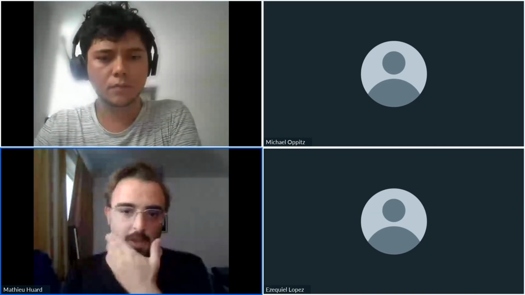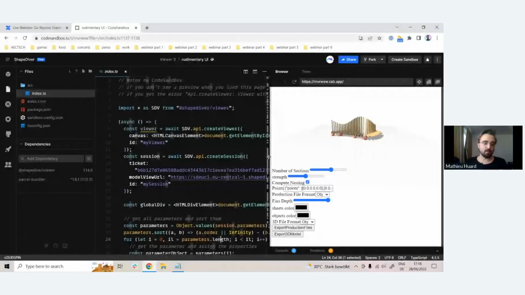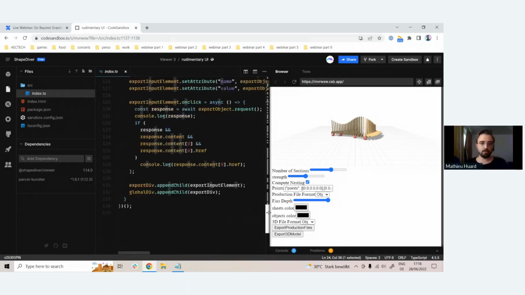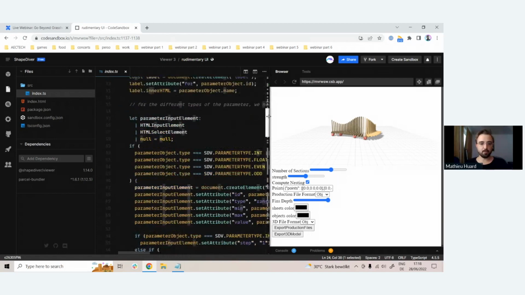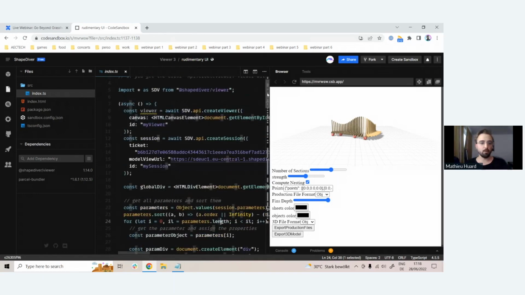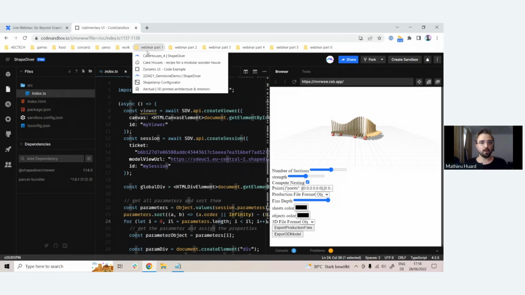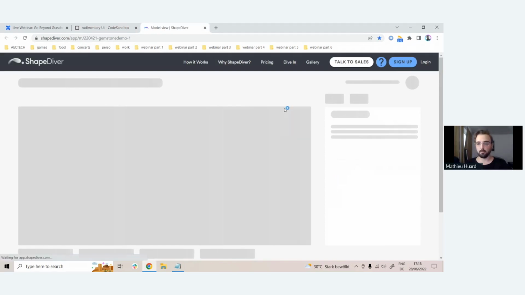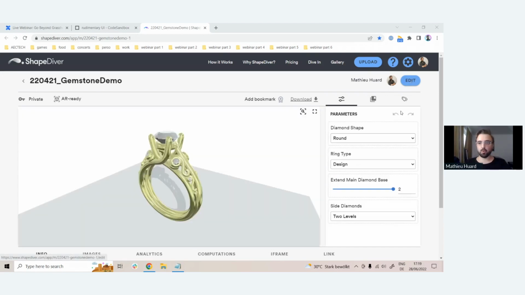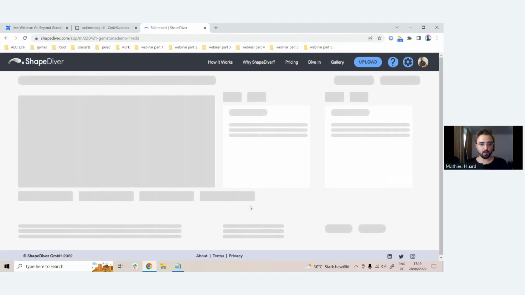All right. So we have like most of the code, the examples we have today are available on Code Sandbox. It's a nice platform that allows to really make structured code examples. And here we have this first example, and you can see the code is very compact, right? And that's an example that essentially is compatible with any model on the ShapeDiver platform. So, for example, if I now open one of the models in my library, and if I go to the, so simple, just like 4 parameters, and if I go to the edit modes,